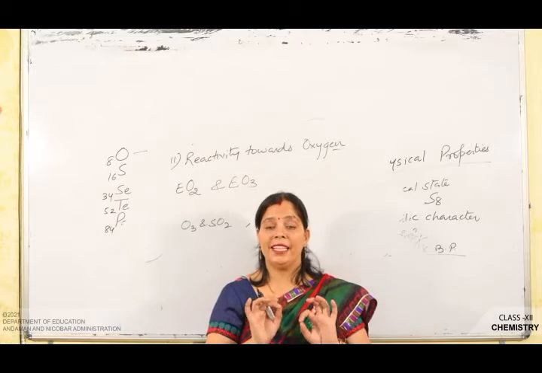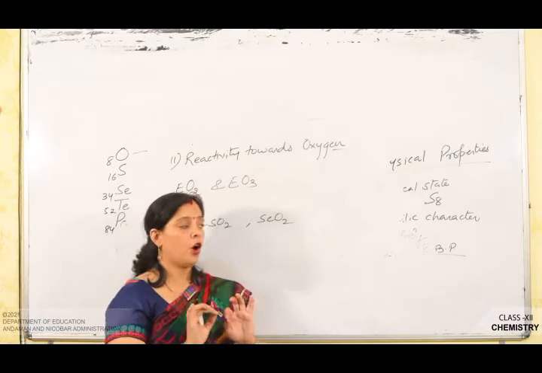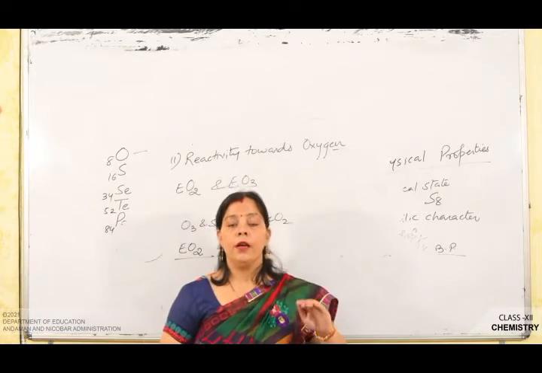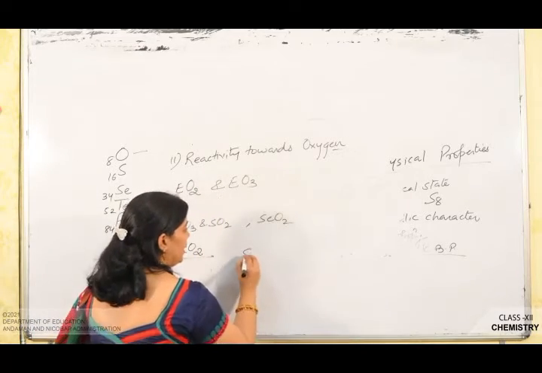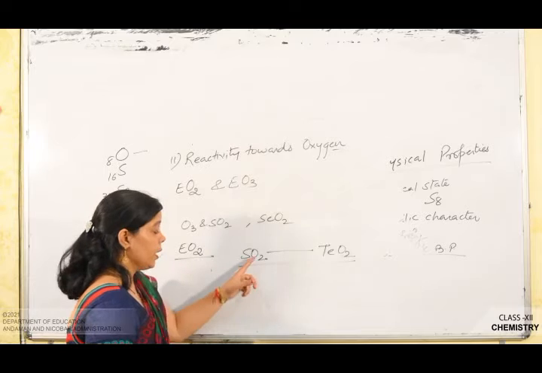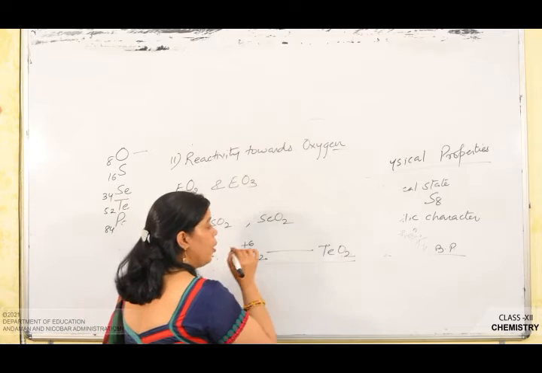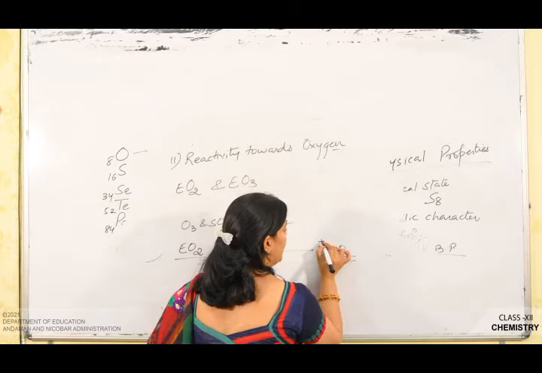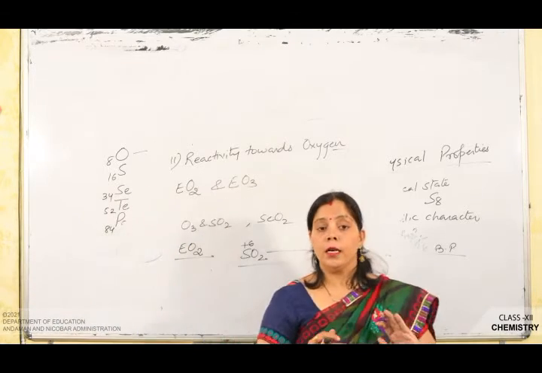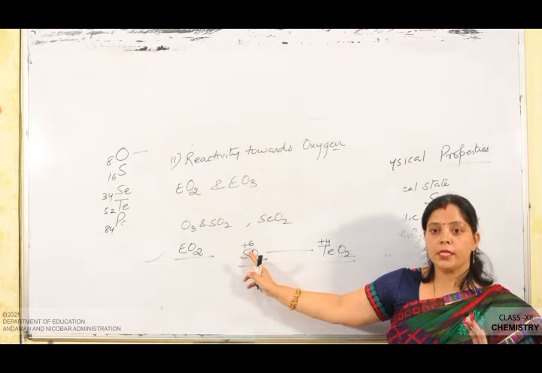Next we move to the reducing character of the oxides of the group 16 elements. The reducing character of the dioxides, that is the EO2 type, decreases from SO2 to TeO2. The reason is that sulfur is more stable in +6 oxidation state, whereas tellurium is more stable in +4 oxidation state, and this is only due to the inert pair effect. That's why SO2 is reducing, as sulfur in +6 oxidation state